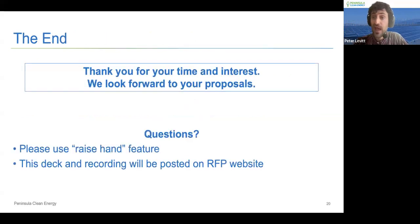So that's it regarding the details of the RFP and the different portfolios. I wanted to build in a lot of time to really get into the nitty gritty on any details you folks might have. So if there's any parts of the presentation you wanted me to delve into in greater detail, or anything to that effect, please